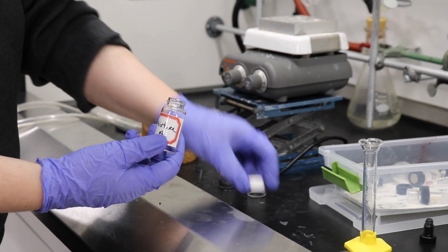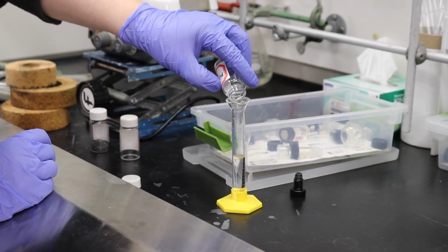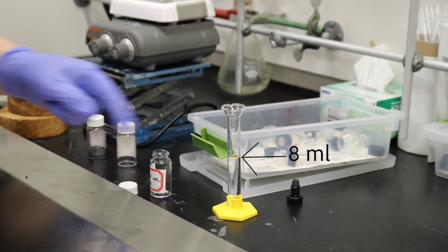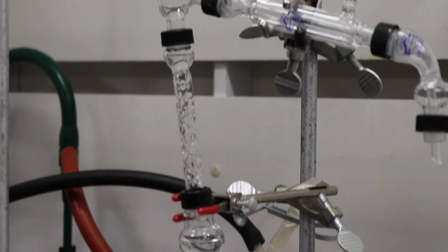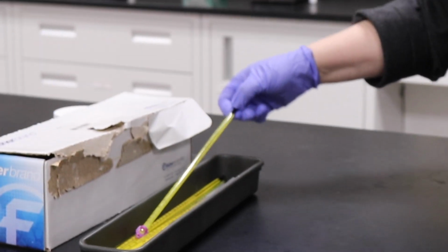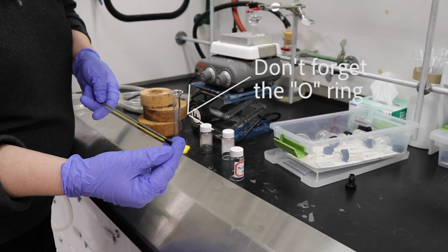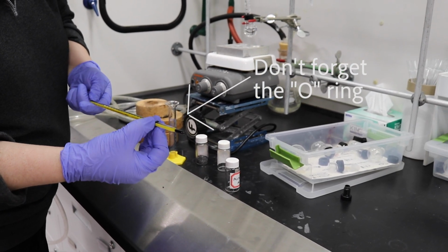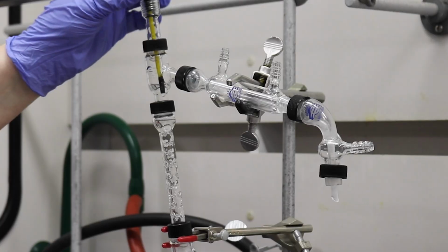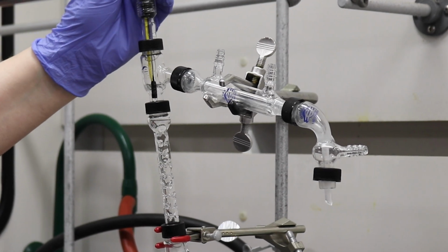And now we're going to take our mixture, still our mixture A, pour mixture A into our graduated cylinder, again 8 mL, and pour the mixture into the round bottom flask. The liquid can be poured from the top. Then we need to find an appropriate thermometer, put the O-ring on the bottom of the thermometer so our cap will be secured. Secure the thermometer to the system, lower the bulb,